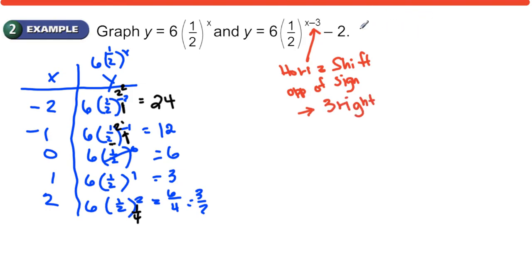And this -2 tells us that we are shifting the horizontal asymptote down 2 units. All right, so here's how this plays out. You can either come over to your original T-chart, and you know that you are going 3,